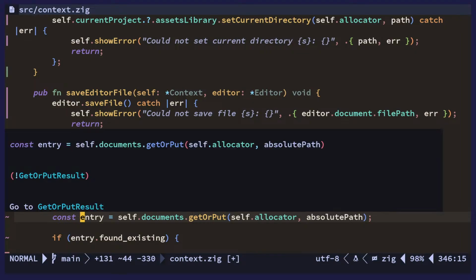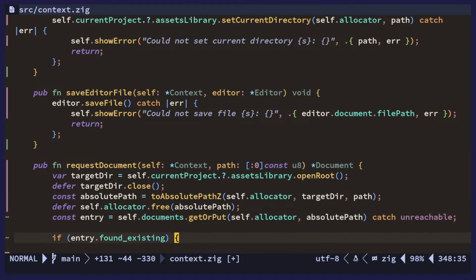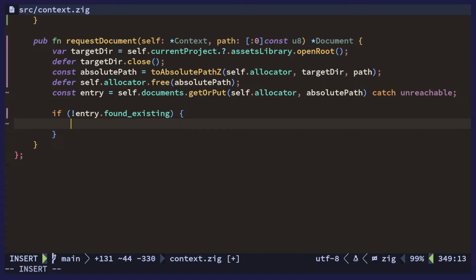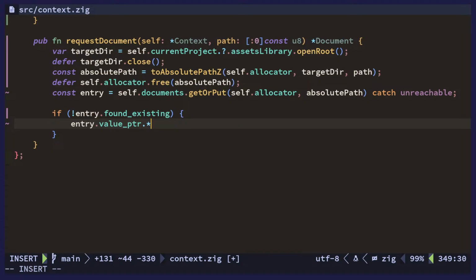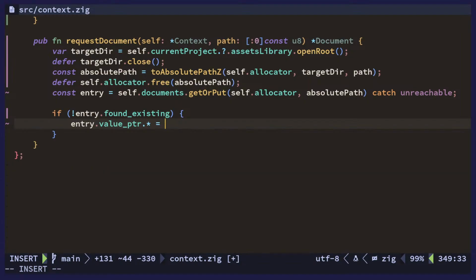Wait. Oh, this could be an error, I guess. Let's just catch unreachable this. Alright. So if we did not find this, then we want to populate it because it has created like a new entry in the hash map for it. So we need to populate it. So this is the pointer. We need to do this. And then